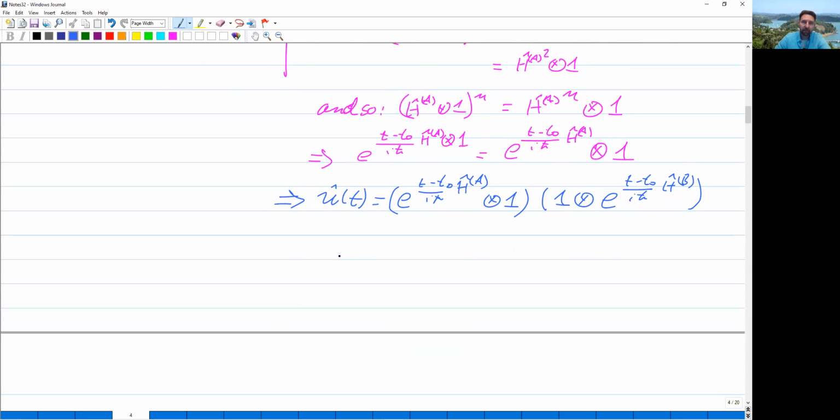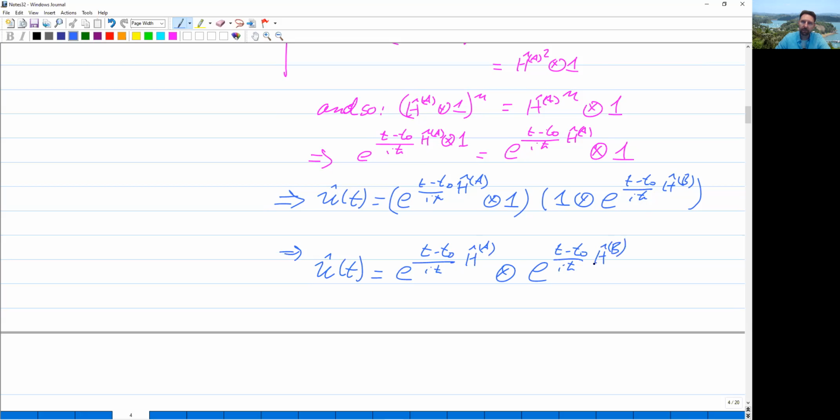So therefore, U hat of t is equal to e to the power of (t minus t naught) over i h bar h hat A tensor, second factor times second factor, e to the power of (t minus t naught) over i h bar